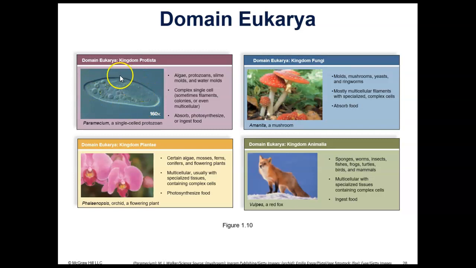This particular organism is a paramecium, which is a single-celled or unicellular protozoan. And one thing that you'll find is that some of these protozoans are all unicellular. But even though they're unicellular, they're much larger than a bacterium. A bacterium would be like a speck compared to a paramecium. So we have the kingdom Protista, which you're probably not as familiar with unless you've done a lot of studying of biology. Then there's the kingdom Fungi, which contains your mushrooms, the kingdom Plantae, and then the kingdom Animalia.